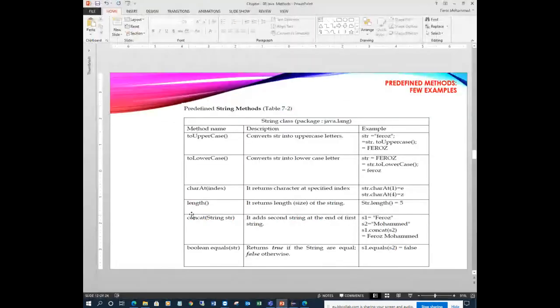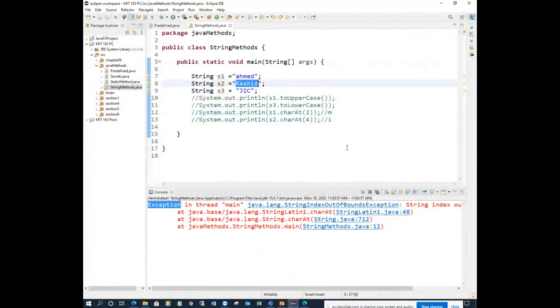The next method we need is length. Length gives the size of the string, meaning the number of characters. For example, what is the length of string s1?